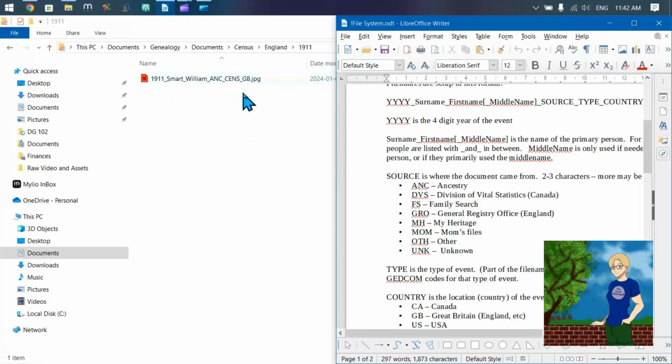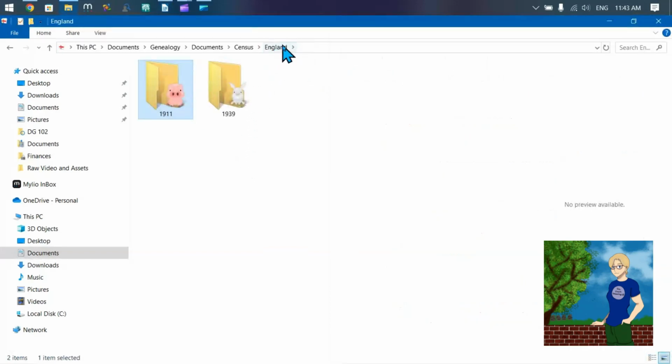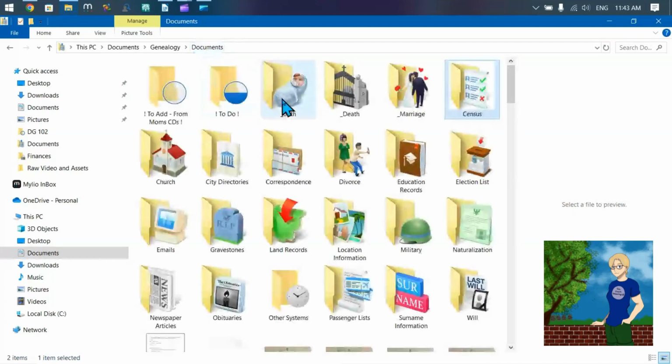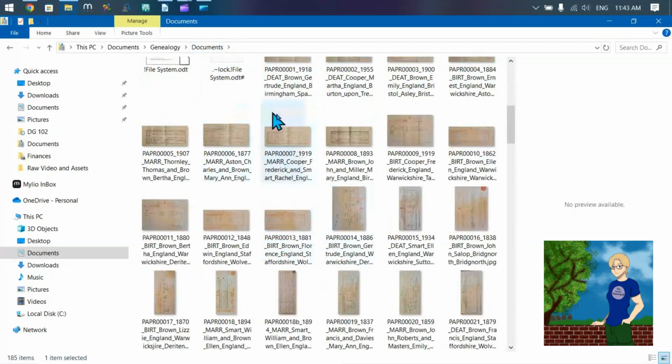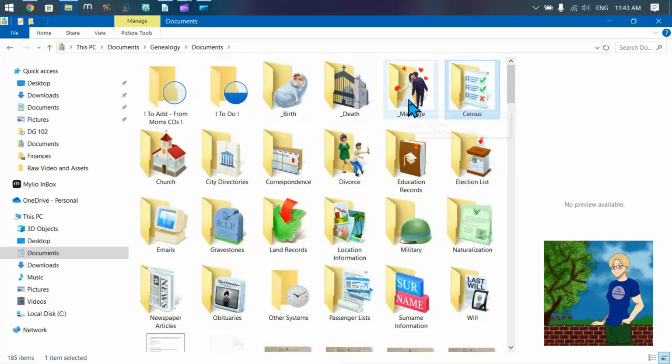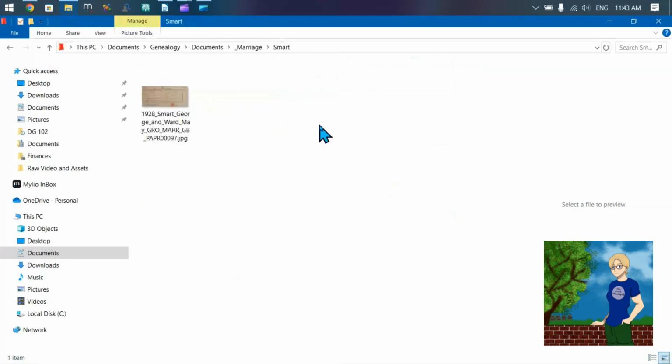the what, the where is in what country the event happened, also the where as in where I found it, the when, and on this document I don't have an other. I do on any of the ones where I have the original document. I now put that at the end. I think I've got a marriage here. Yeah, so